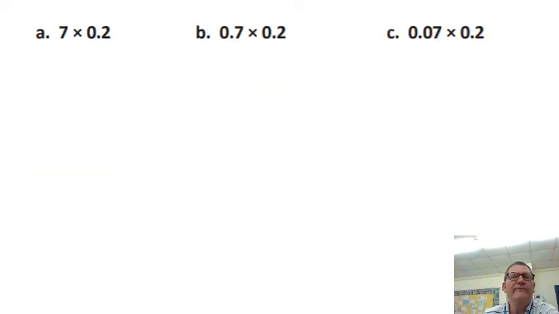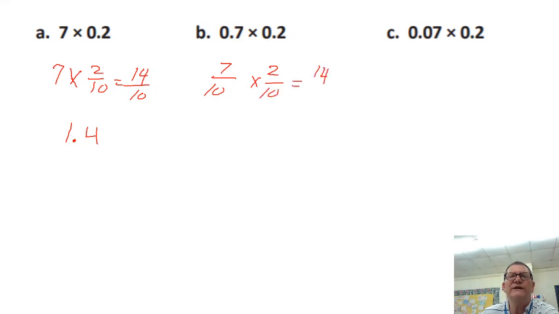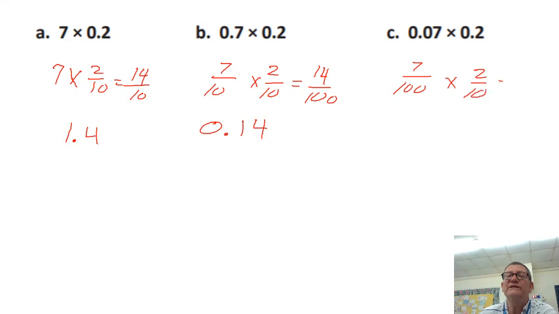Our last examples here. Now this time I've got 7 times 2/10, which equals 14/10. And I know the 4 is going to go in the tenths position, so that's going to equal 1.4. Our next one, I have 7/10 times 2/10, which equals 14/100. So once again, the 4 is going to go in the hundredths place, so it equals 0.14. The last example, I have 7/100 times 2/10 equals 14 thousandths. So the last digit 4 is going to go in the thousandths position. So it'll be